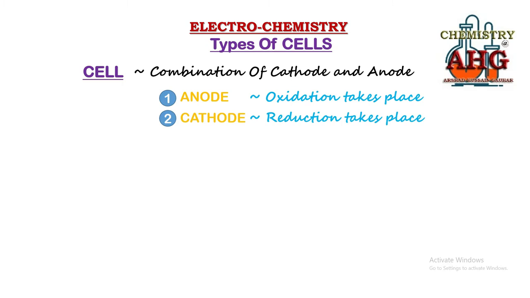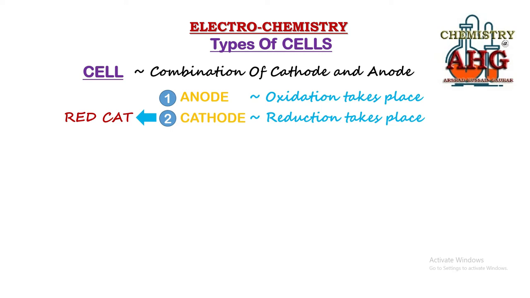Now you can also remember this by using these shortcuts that I'm going to tell you. What shortcut can you remember for cathode? Simply you can remember RED CAT. This shortcut will help you to remember that RED is for reduction, CAT for cathode. Reduction always takes place at the cathode. If reduction takes place at the cathode, it is obvious oxidation would always take place at the anode.